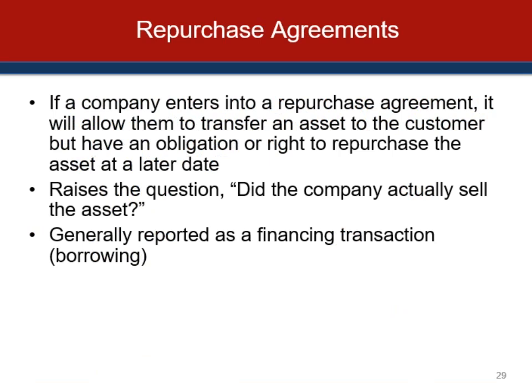Repurchase agreements. In some cases, companies enter into repurchase agreements, and that allows them to transfer an asset to a customer, but they have an obligation or right to repurchase the asset at a later date. The classic example here would be bookstores, which receive a supply of books from the publisher. If they don't sell the assets, they return the books to the publisher. In some cases, they tear off the front cover and are only obligated to send back the front cover of